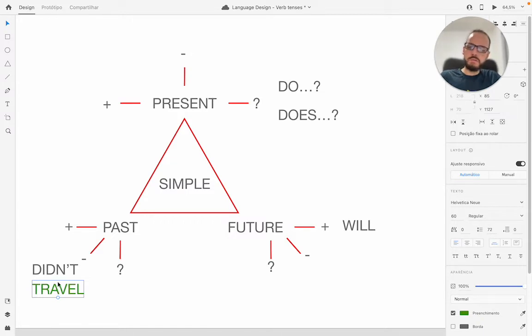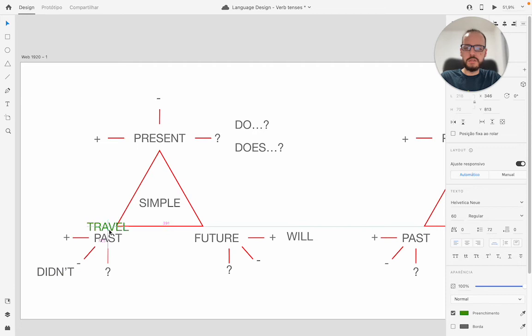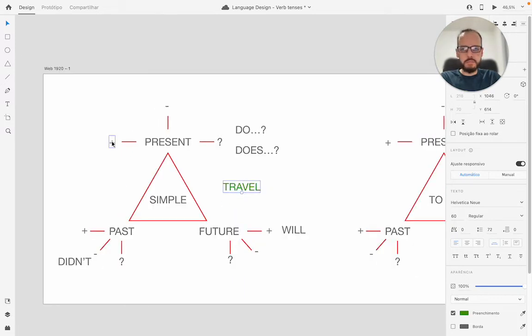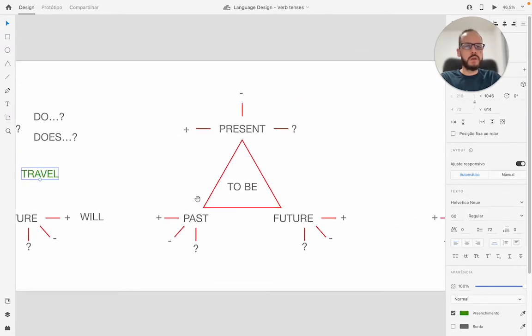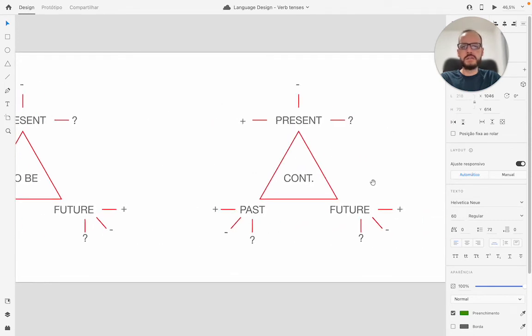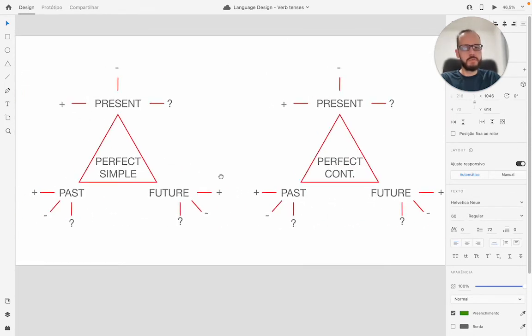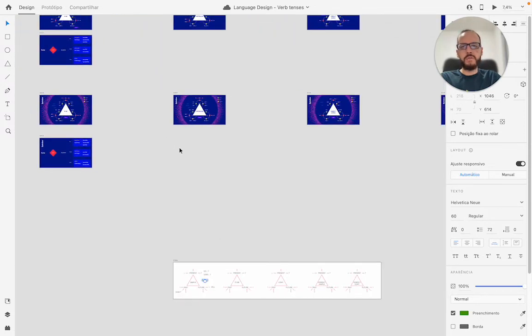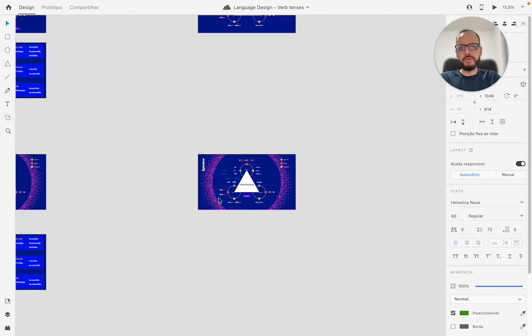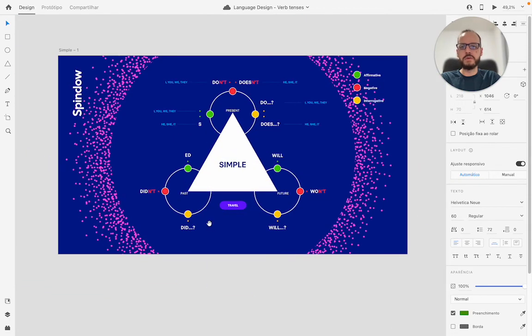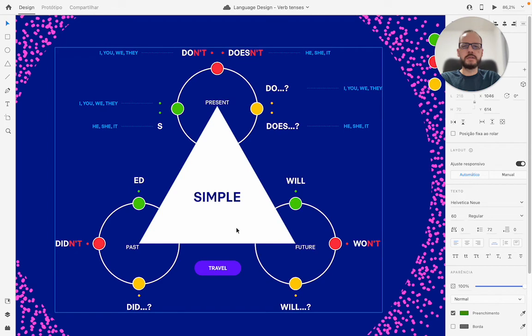So this is how your student will, in this activity, begin to understand these connections of the language, how everything is connected, okay? And by understanding the simple first, you have to put all the keywords in each spot here, in the present, the affirmative, negative, in everywhere. Also in the verb to be and in the continuous form, in the perfect simple, perfect continuous. And this is how we ended up, for example, with the, let me take the simple as I was showing you as an example, and you can find that in App Spindle,